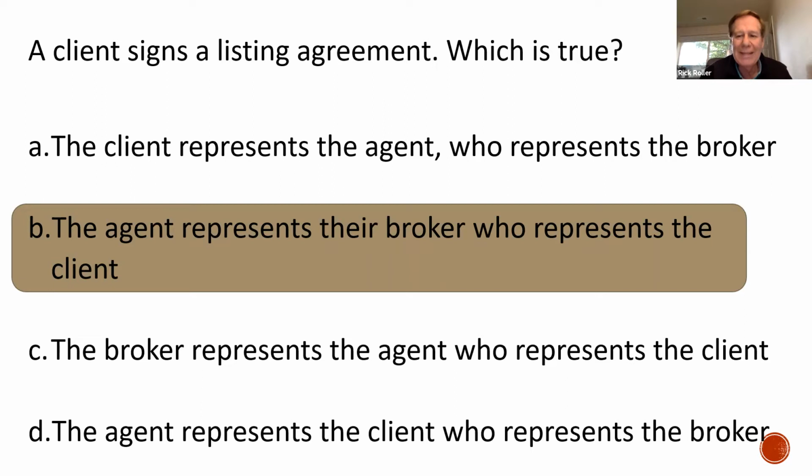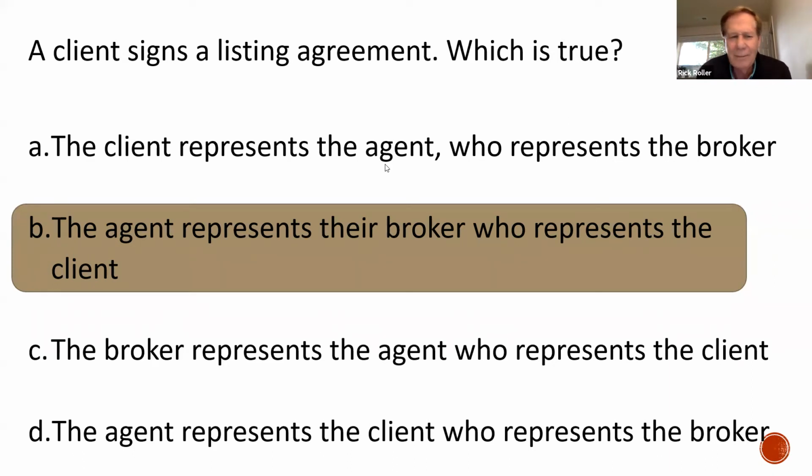When you're talking about licensing, there's a broker's license and an agent license. But sometimes words are used in different areas on the same test. So if you're talking about agency, the agent is the broker. No, this is licensing. Agent represents their broker who represents their client. Okay, but if you're breaking it down into principal, agent, sub-agent, the broker is the agent and the agent is the sub-agent.